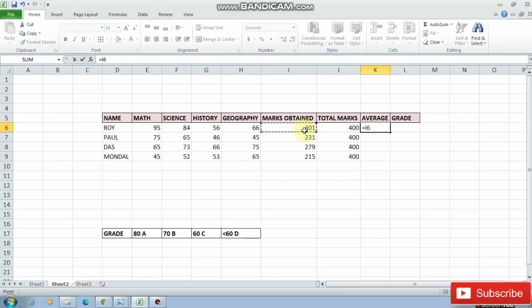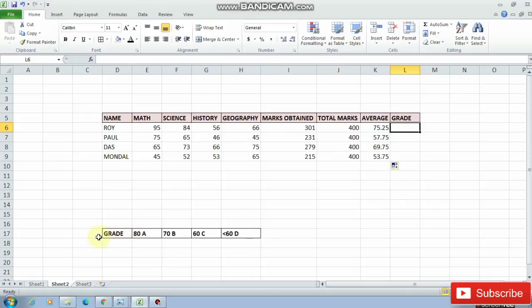So in the cell below the average cell, you write equal to, and then simply click the cell where you have written 301, give a division sign, and then select 400, that is the total marks, and give the multiplication sign, and then write 100. After clicking the enter button, you will get the average. And similarly, by dragging the cell down, you will get the average of all the students.